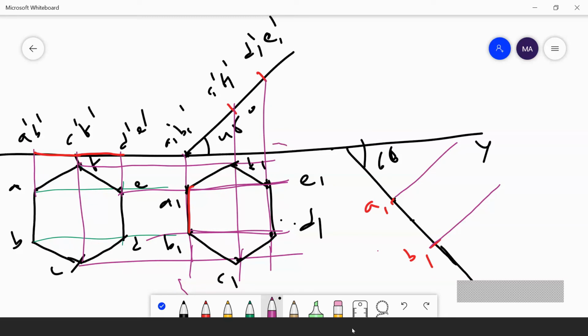Is it clear? A1 I have taken the point here first on the inclined line. Then I have measured A1 to B1 with the compass. I have cut an arc here from A1. Understand? Is it clear? Yes, sir. Then I have drawn a perpendicular line. Why? Because from A1 it is perpendicular, from B1 it is perpendicular. So after that I have measured the distance from here to this line.